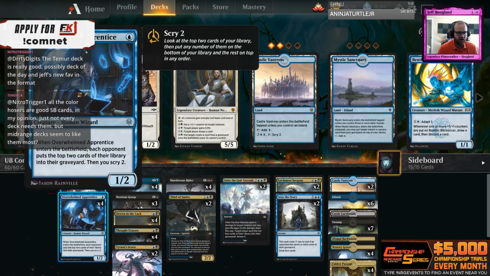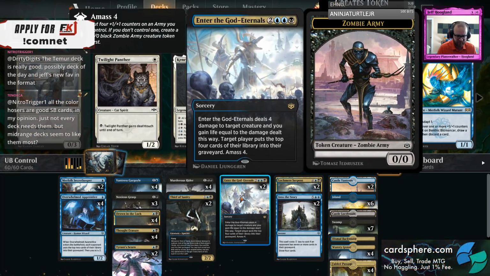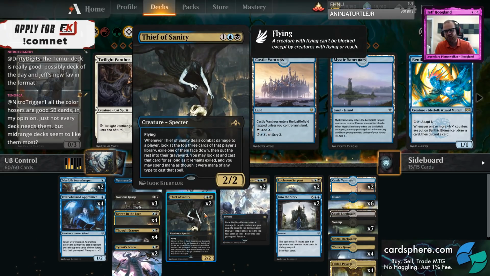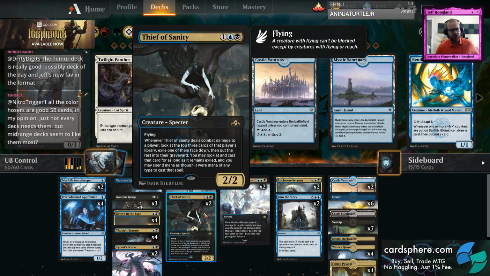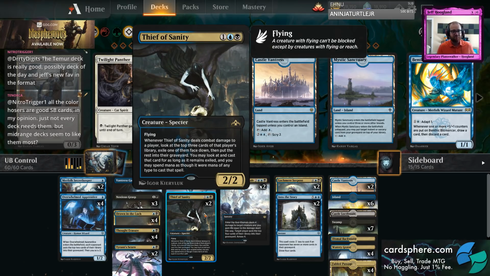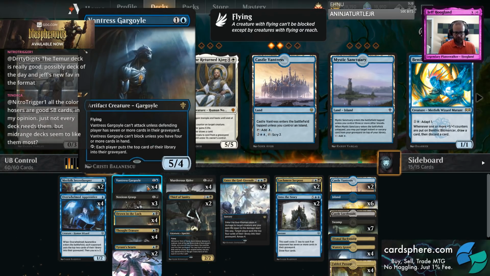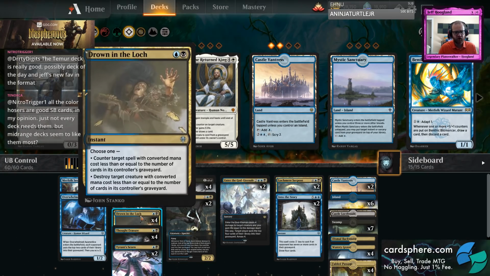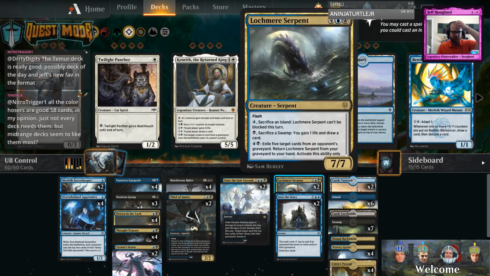So obviously, Overwhelmed Apprentice, Merfolk Secretkeeper, Vantress Gargoyle, Enter the God Eternals, Thief of Sanity. These all put cards in our opponent's graveyard. But the overall win condition of this deck, generally speaking, is not milling them out. So we're looking to put some cards in their bin so we can attack with this 2-mana 5/4, so we can make Drown in the Loch good, so we can cast Into the Story for cheap, so we can use